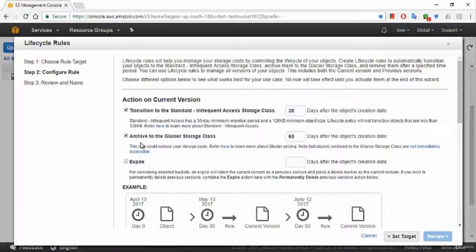As we discussed earlier, Amazon Glacier is an archival storage system in S3. So we can create a rule that 60 days after the object creation date, we will move the object to the Glacier storage class. We can see the example here as well. The object is created, after 30 days it will be moved to standard infrequent access,